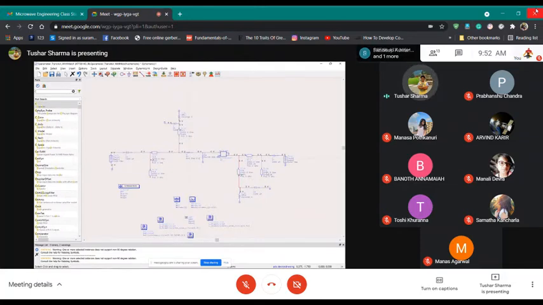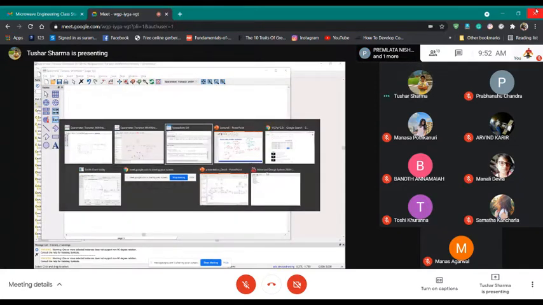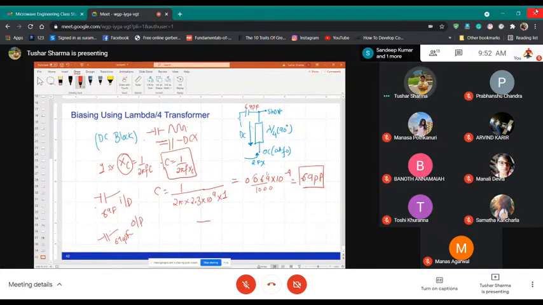But in practice, I told you earlier also that if you have a transmission line and it has electrical length and Z, the electrical length is basically the physical length of the line, and your Z is the width of the line.